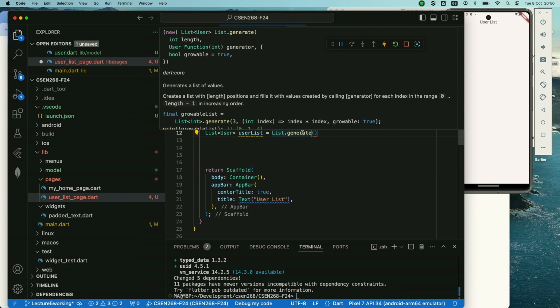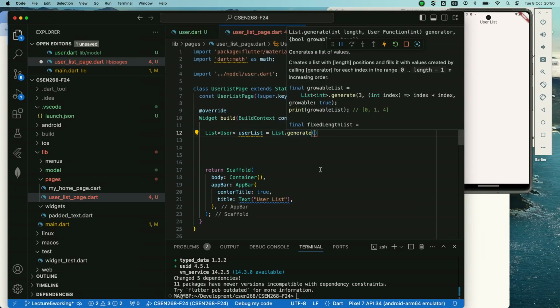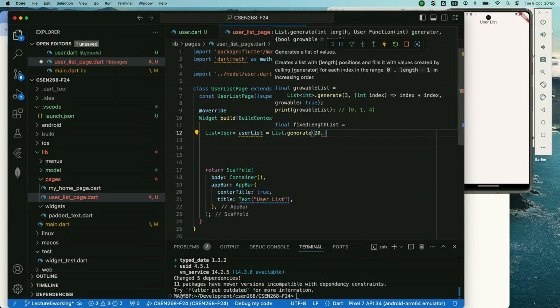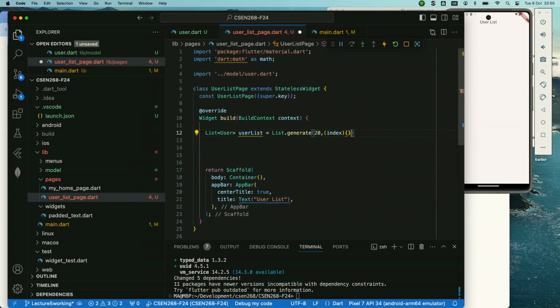And what does it need? It first needs a length, then it needs a function that takes an integer, which we will call, say, index, and the generator, and then the Boolean, that's automatic, the growable equals true is the default. So list.generate, let's say 20 items. And the function I'm going to pass it is a function of index